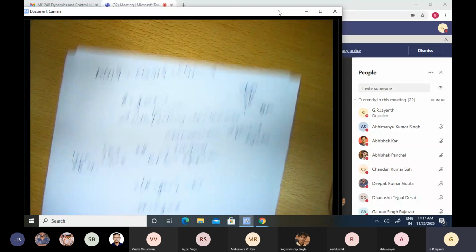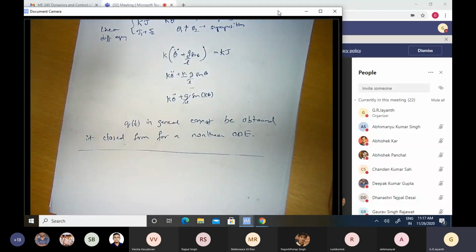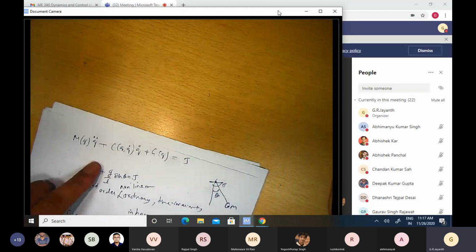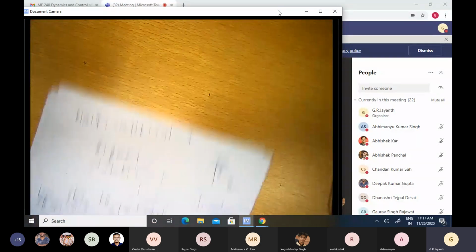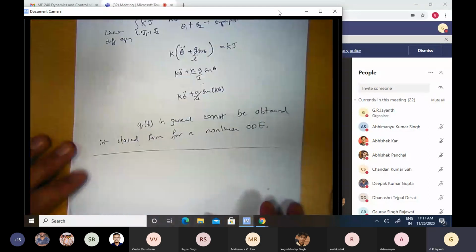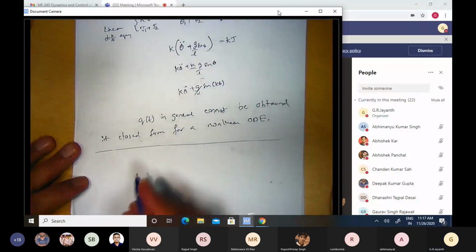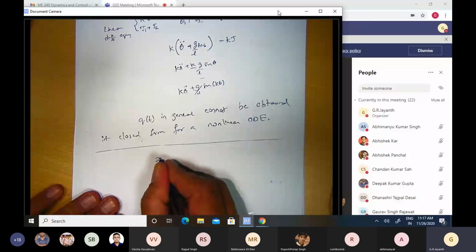Okay, so I have the differential equation. I want to numerically solve the differential equation. How do I do it? To which the mathematician you have approached would probably say, well, I don't have a solution to this particular differential equation, equations of this particular structure, but I can tell you how to numerically solve differential equations which are of this kind.